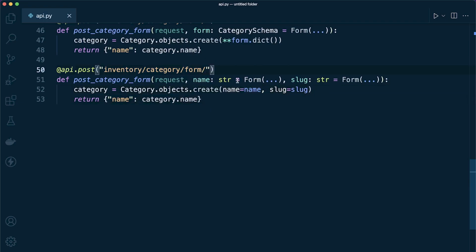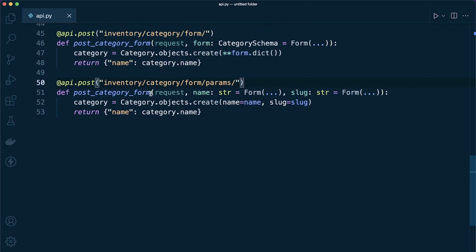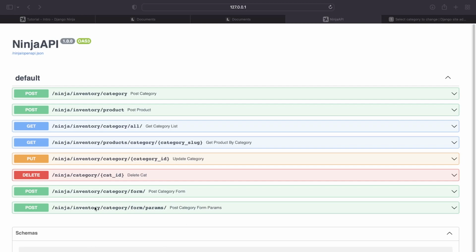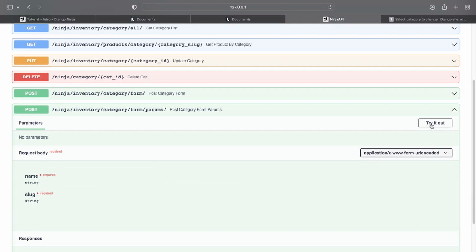So let's just say form params. So we'll create a slightly different endpoint. We'll give it a different name. Params. There we go. So this time we use the endpoint with the params here, and you can see that we are presented with